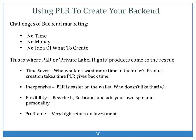There's even a high return on investment when you think of a little $2 ebook or whatever that you get with PLR rights to it. You can have a very high return on investment. So PLR is just a great way to get your back-end marketing in place and really get it up quickly and moving forward. And so when you bring on those JV partners, it's like, look, I've got this in place. Here's my front end, but look at what I've got in the back end already, waiting for you to even